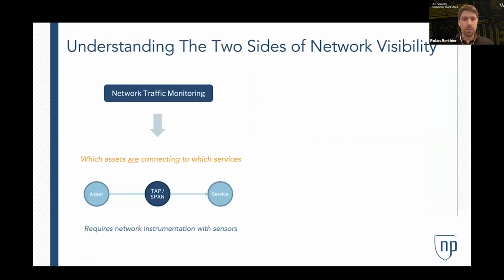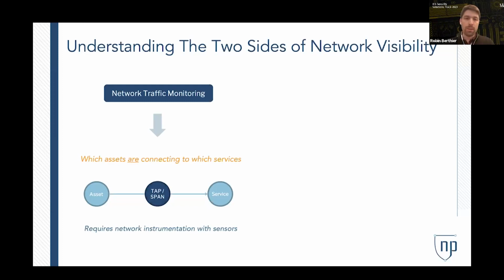So before I dive into those goals, I want to tell you more about what network access modeling is and is not. So when we talk about network visibility, most of us have in our head an idea about network traffic monitoring, which is a really important way to get visibility on traffic that's happening in real time in your network. So you're going to instrument your environment with sensors, or you're going to configure a tap or span on your network devices to be able to collect live traffic, and based on that visibility, understand exactly how your network is behaving.